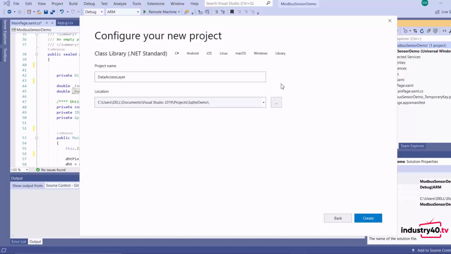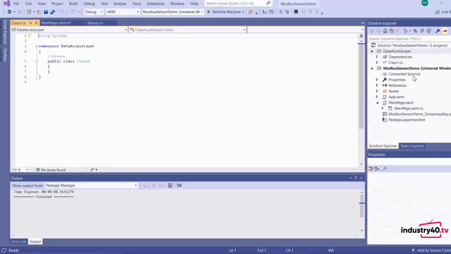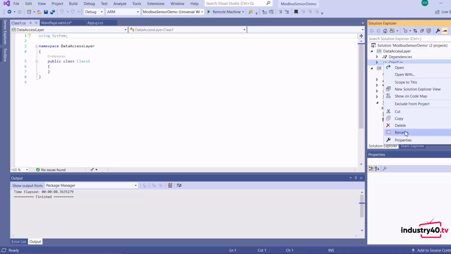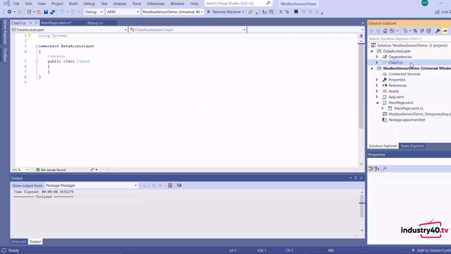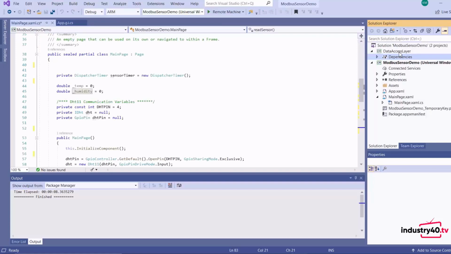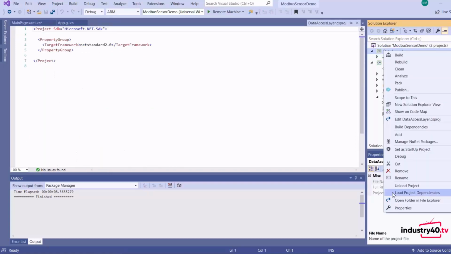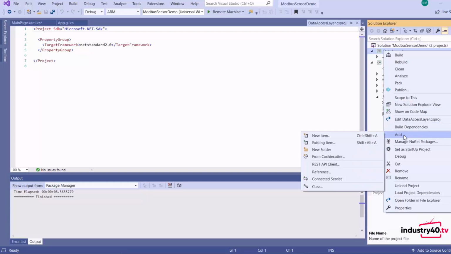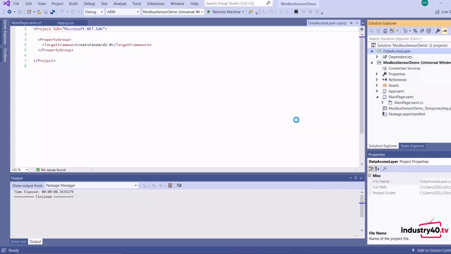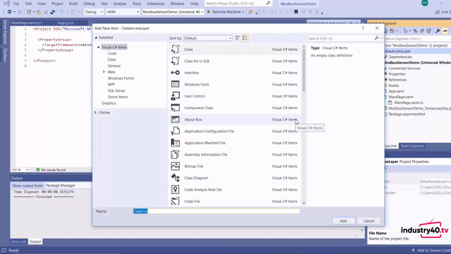Click create. I'm just going to delete this class here, and then we're going to create a new class on our data access layer, and call it data access.